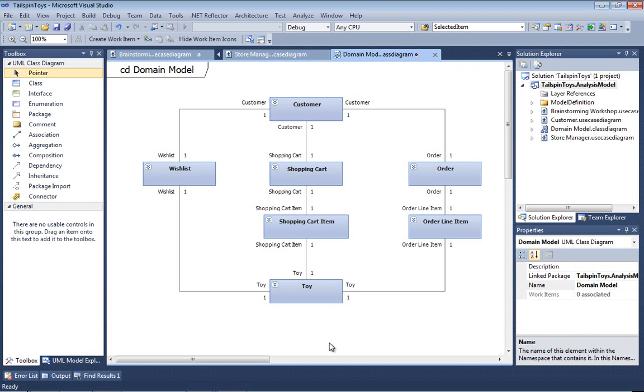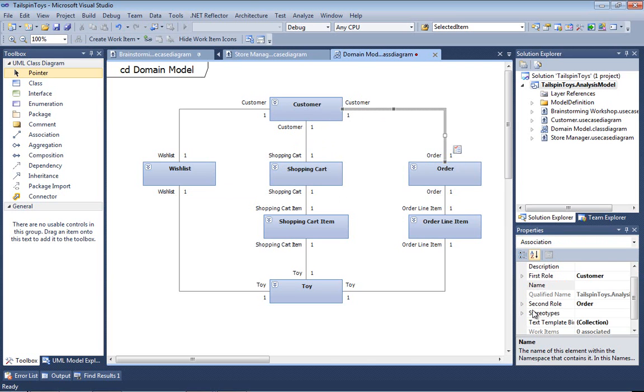Okay, there we go. Notice as we drew those associations, it put in some multiplicities, one-to-ones for everything. That's the default. So let's walk through this and adjust as necessary. So a customer, talk it over with our client, and yeah, a customer can only have one wish list at a time, so we'll leave that as a one-to-one. Customers and shopping carts, yeah, one-to-one here as well. Customers and orders, you know what, we ultimately want our customers to place many orders, so let's go ahead and change that one